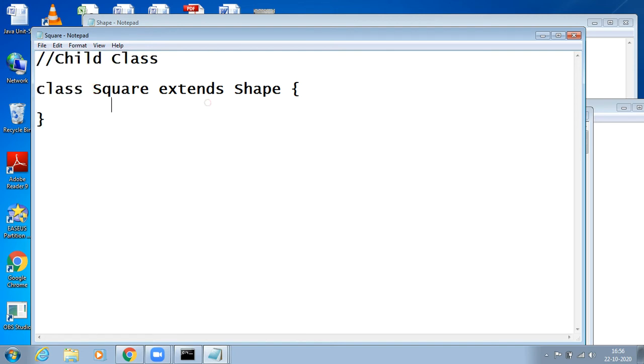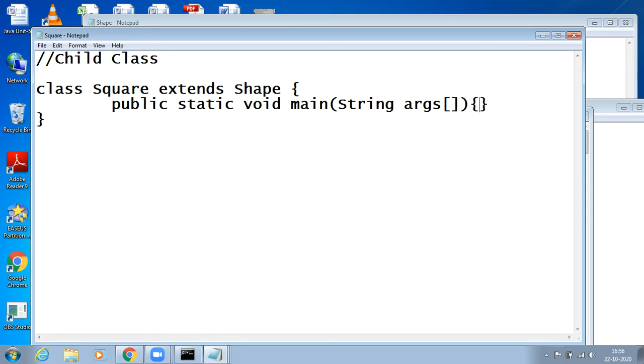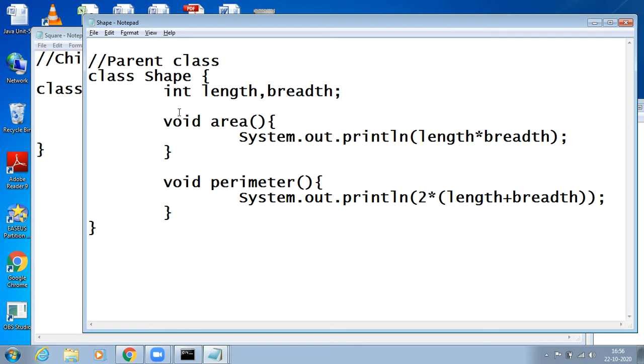Now again I create another main method here, public static void main. Now here I can do the same kind of stuff. I can again read the values of a and b, and again read the values of area and perimeter.